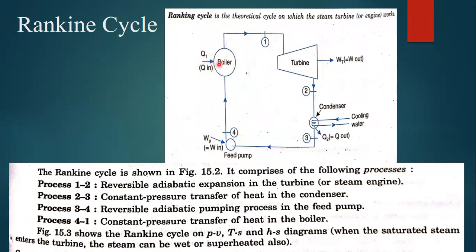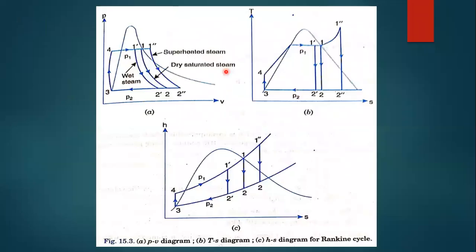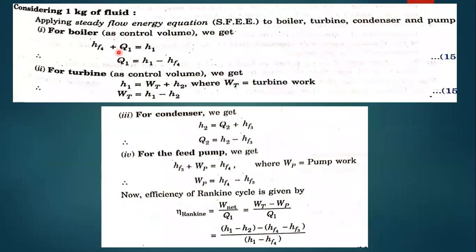Here, that means Q1 amount of heat is going to be supplied to the boiler, and what is the output from here? We are going to get some steam at enthalpy H1. That is the output. So what is the input here? Q1, which has to be taken on the LHS. So HF4 plus Q in is equal to H1. HF4 is the input, and we are going to give some heat to the boiler, which is also taken as input. So all the inputs on the LHS and outputs on the RHS, right? HF4 plus Q1 is equal to H1, so Q1 is equal to H1 minus HF4.